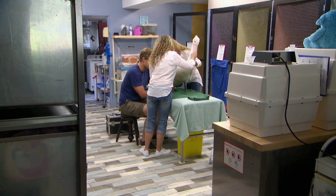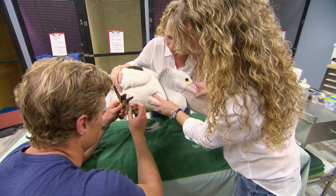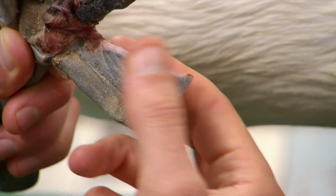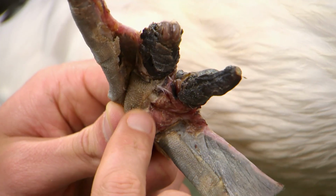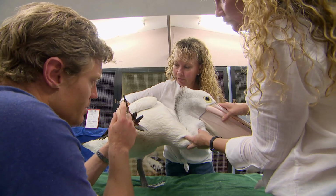This toe is not in bad shape, no, but you can just see where that webbing ends there. Yes, it's just hanging on for its life. Chris has been called to help a pelican in distress on the Gold Coast. These ones here, and even this one up here,